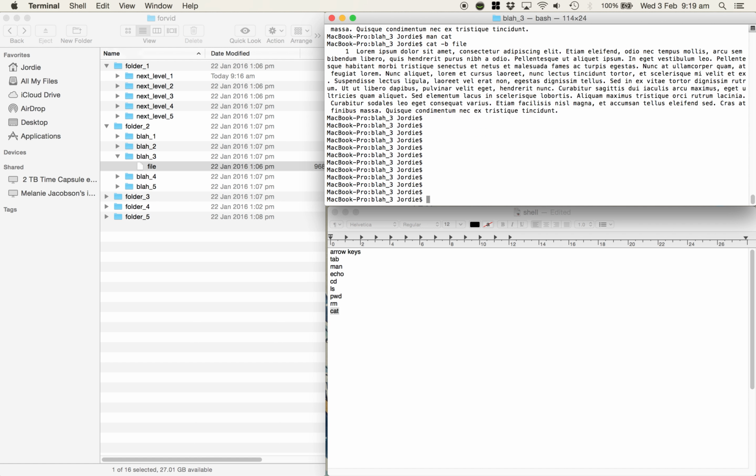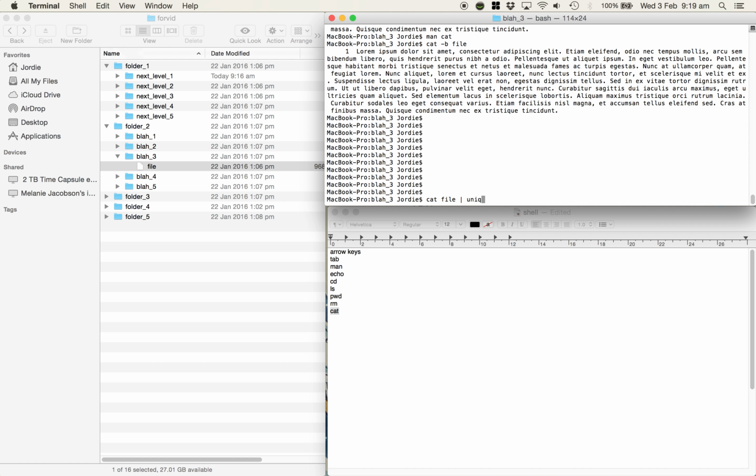I can do extremely powerful things with this using pipelines, but we'll talk about this in the next video. So if I were to go cat file, I can feed that into another program. So then I can go sort, or I can go unique. It's extremely, extremely powerful. Another important thing, say I had more than one file in that directory, I can go